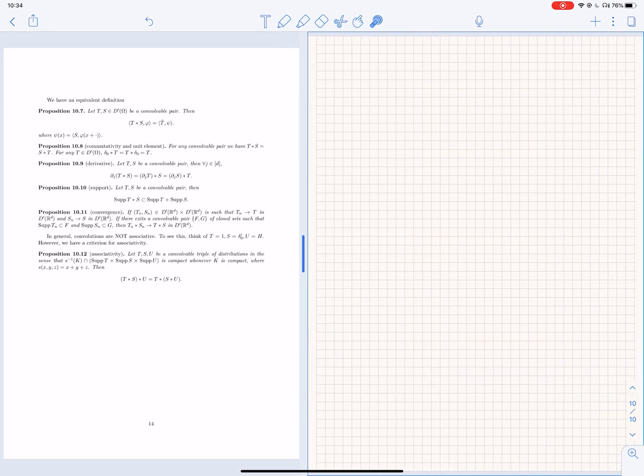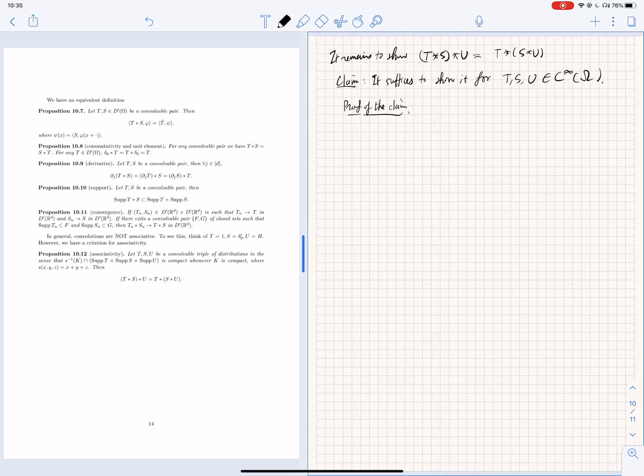All right. So it remains to show the formula. It remains to show this formula. Okay, so I claim that it suffices to show it for T, S, U when T, S, U are actually C-infinity functions. So, proof of the claim. Suppose that the formula is true for C-infinity functions. Okay, then